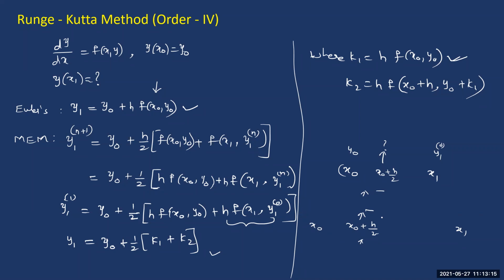So at those points, they have taken the function values and calculated the slopes. Then by taking the average of those slopes, they have given a formula. I cannot show you all these things geometrically, but let me just give you the formula. You can easily understand how I have written k1, k2 here with these slopes in a very similar way. They have derived a formula. We are calling it the Runge-Kutta fourth order formula, right? In fact, this is very popular as RK methods.